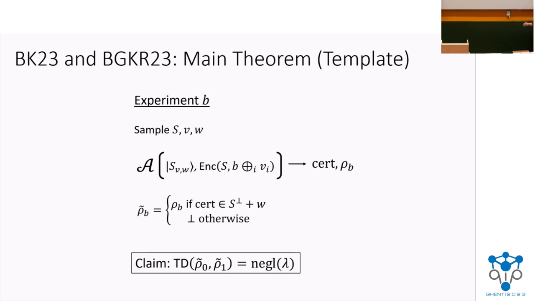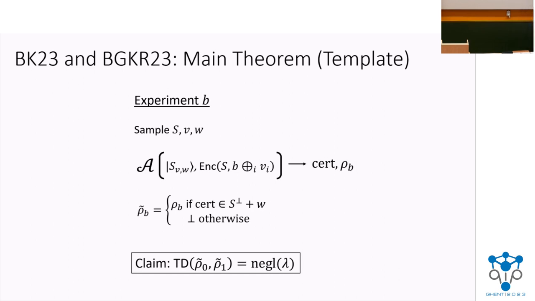What we want to prove is that in the case where the adversary produced a successful certificate, their leftover states, whether they got an encryption of 0 or 1, are statistically close in trace distance. This is non-trivial because the distributions that the adversary was initialized with could actually be quite statistically far. They're only guaranteed to be computationally indistinguishable. So we want to show that they take these statistically far distributions, output a valid certificate, and conditioned on that, suddenly their leftover states are statistically close.